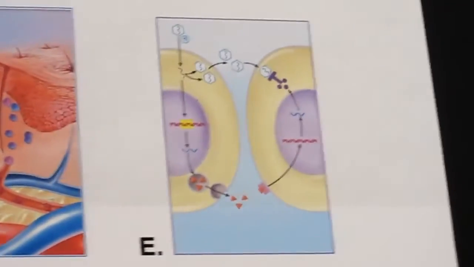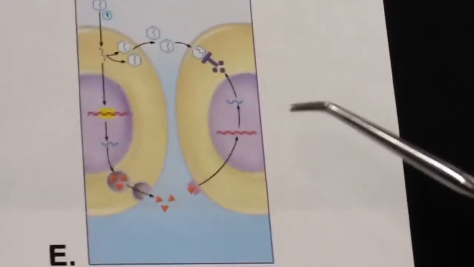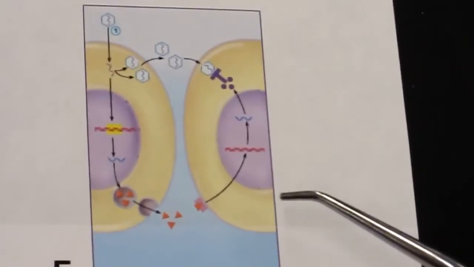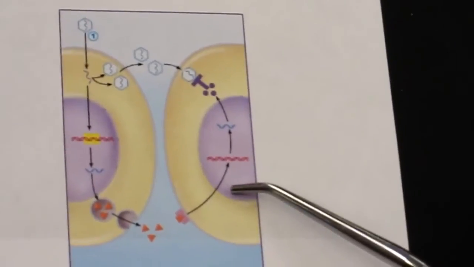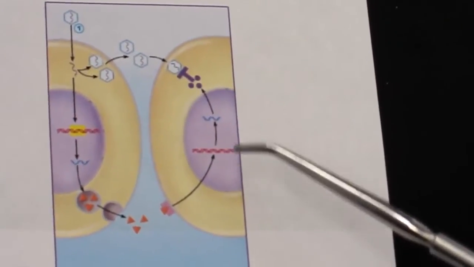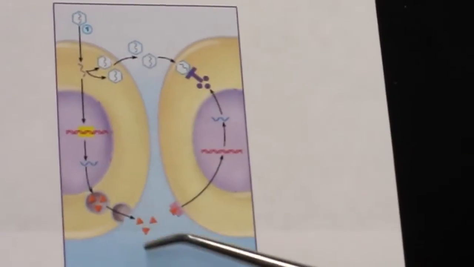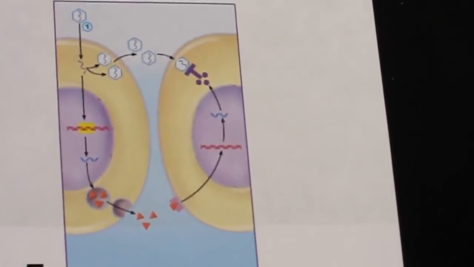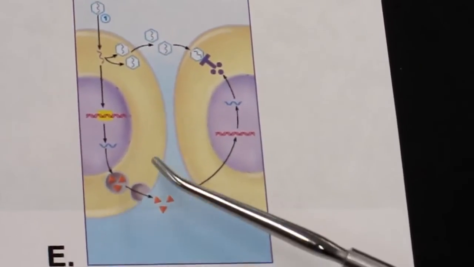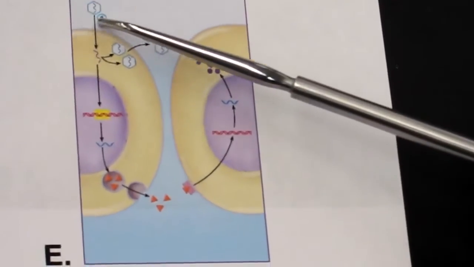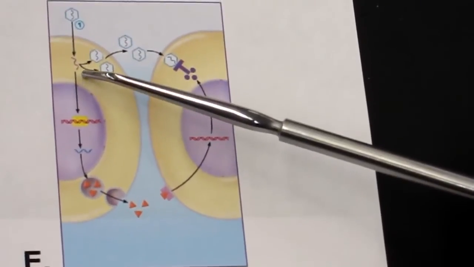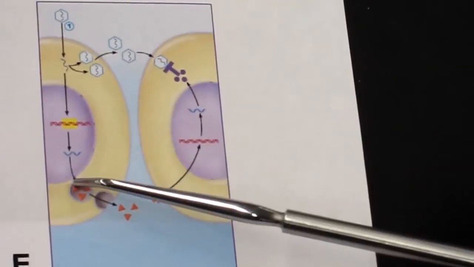Okay, then we have 2 different types of chemicals that are going to be involved in helping us to have protection from disease. The first one here, they're both listed as antimicrobial proteins in your textbook. The first one is interferon. Okay, so interferon is essentially a substance that would be released from a cell that is infected by a virus. Okay, so you can see here's the representation of the virus particle here. It's entering into the cell, and this cell, because of the virus being here, is going to start to produce